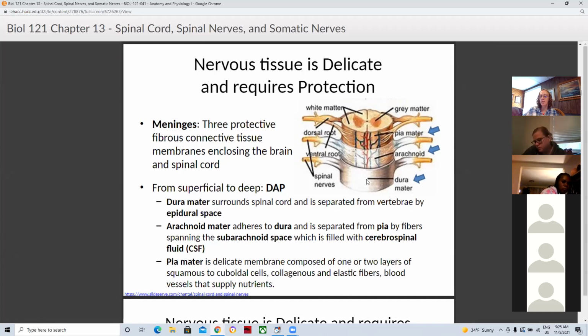If you think epi always means on top, so this is a space on top of the dura mater, epidural space. The arachnoid mater,